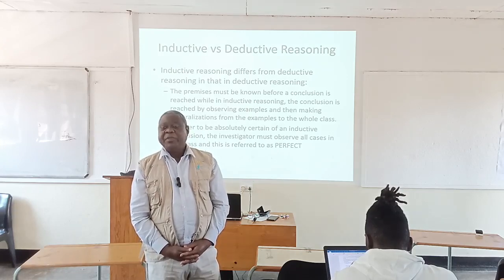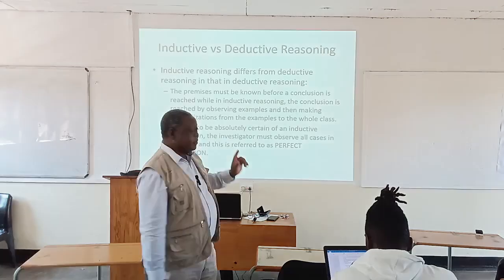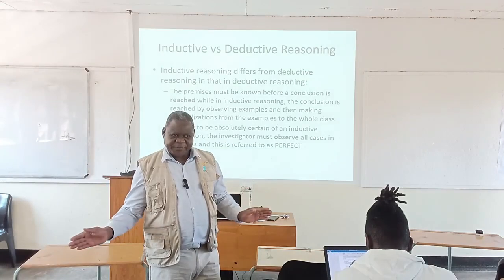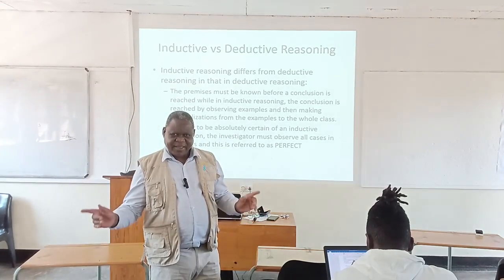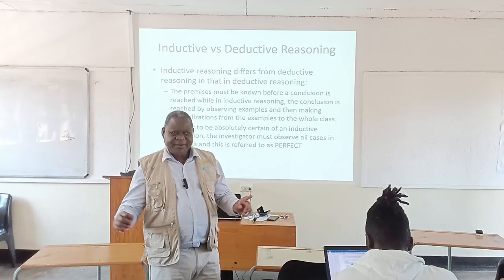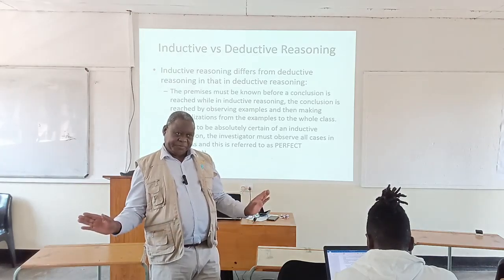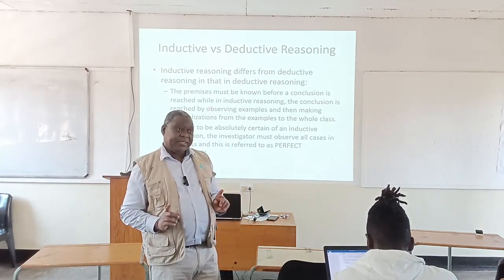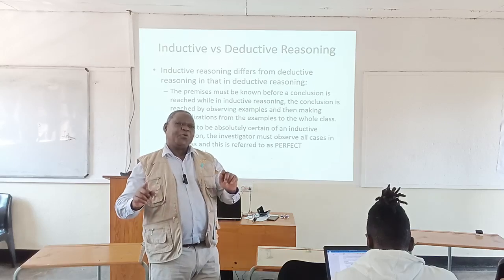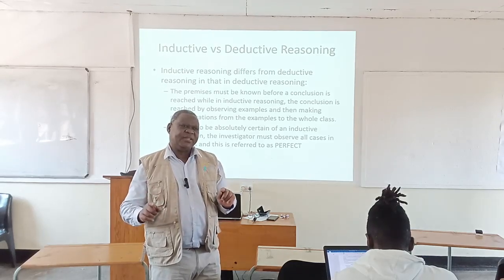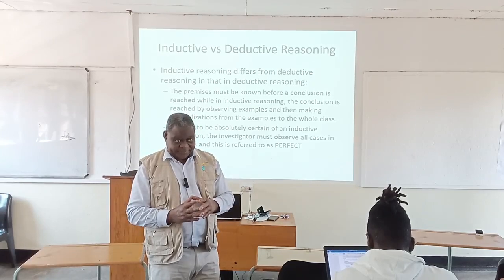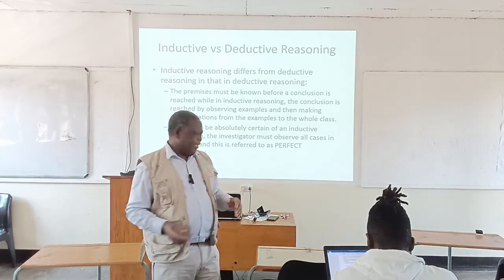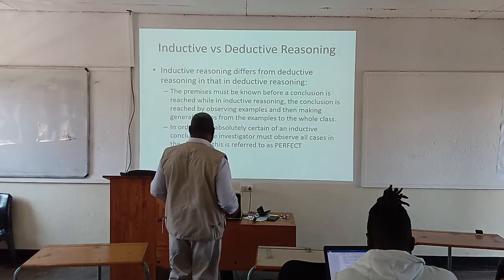Okay? So the deductive reasoning basically starts from facts which are known. And you logically connect those facts to come up with a conclusion. And the weakness of deductive reasoning is how sure are you that the facts you are using are correct? Okay? So, like the example I was using the other day,